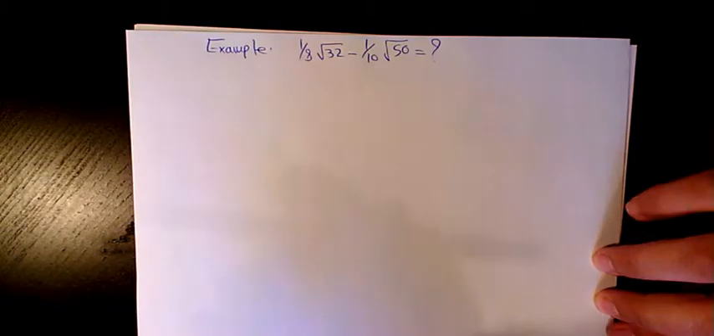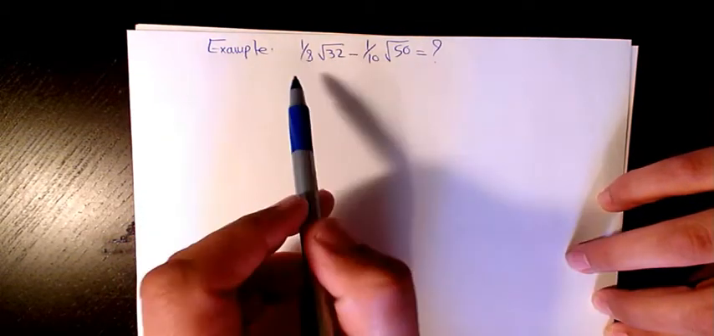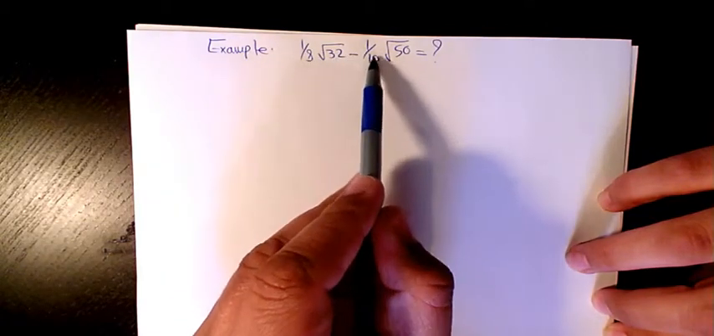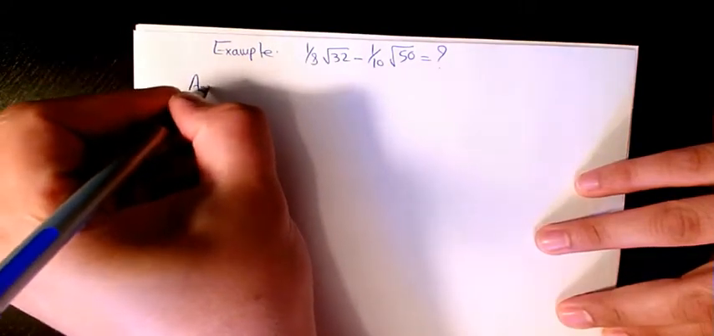In this video I want to show you how to add and subtract square roots. First example is 1/8 square root of 32 minus 1/10 square root of 50. The answer is